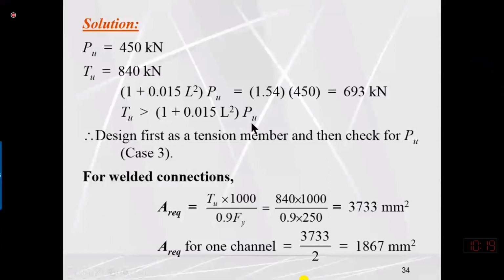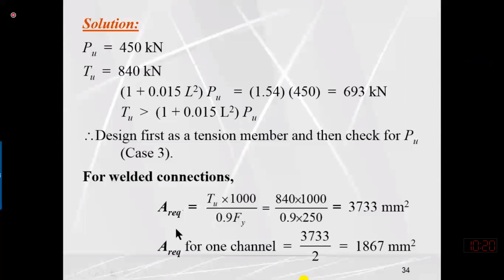So how do we design the tension member? Since we are given a welded connection, in a welded connection we skip the rupture criteria, because the rupture criteria will only be used for fastener type connections, where we punch the hole to accommodate a rivet or a bolt. If we are not punching the hole, we will not have a net area, because net area will be equal to gross area. If we do not have the net area, obviously we shall also not have any effective area. So we will skip the rupture criteria for welded connections in most of the cases.